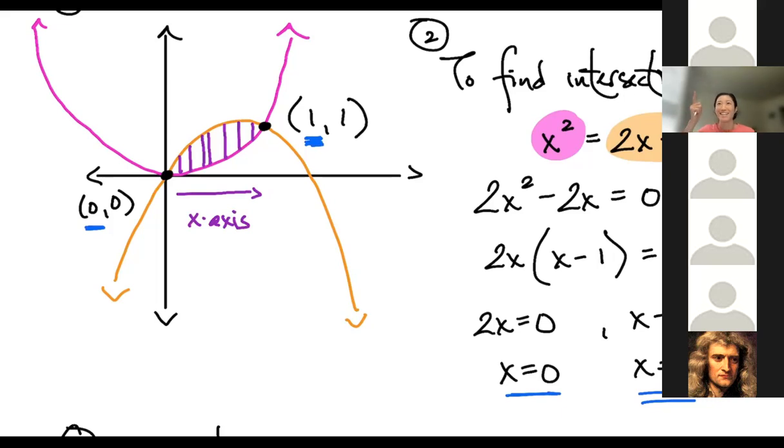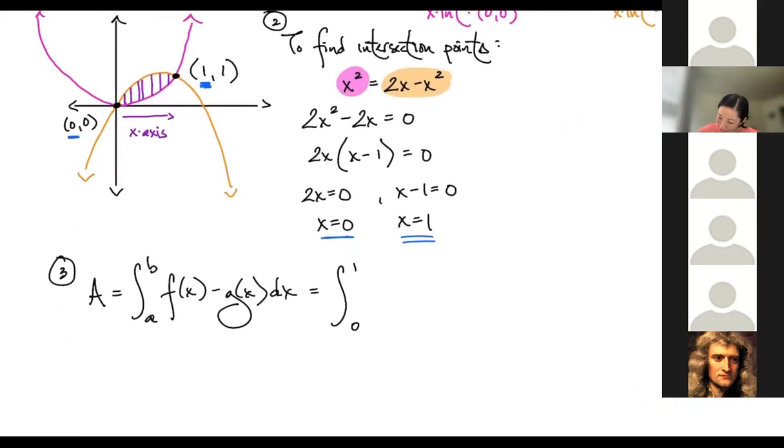Yes, Ethan. And we're going to move into a place where they're not always on the x-axis. Yeah, I know, so many secrets that we haven't talked about yet. All right, so let's get these bounds in here. The bounds correspond to the blue 0 and the blue 1, okay? All right, now,